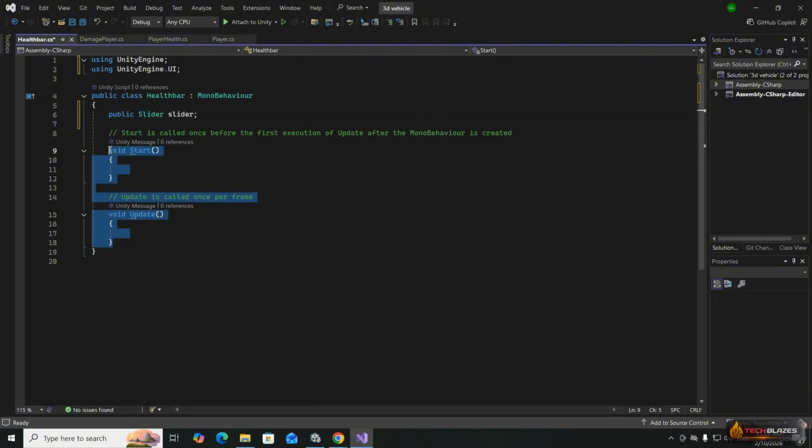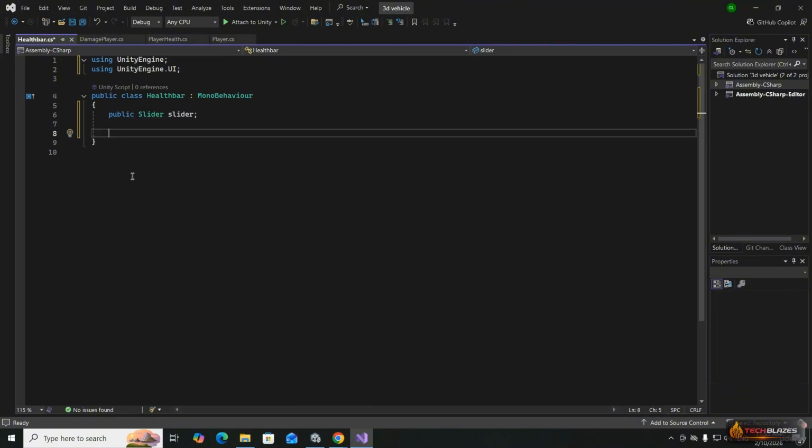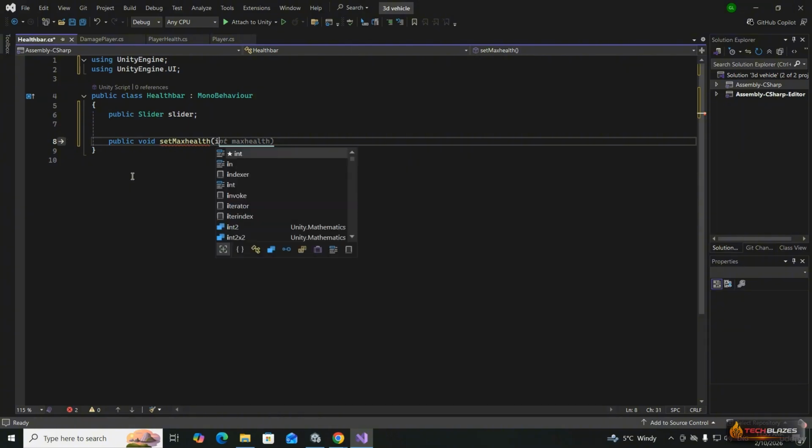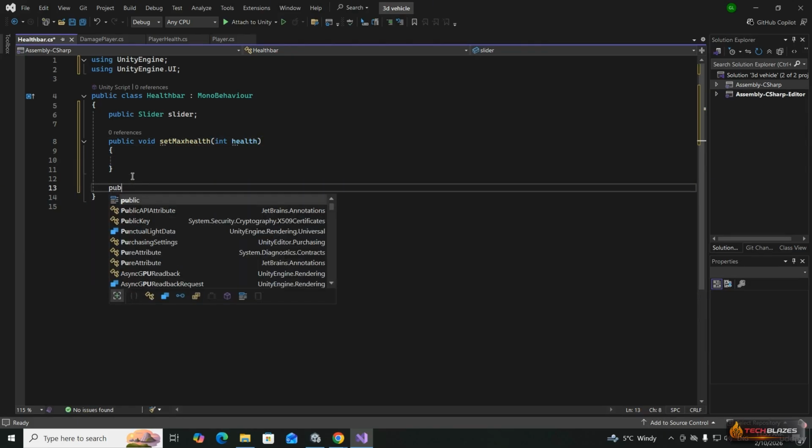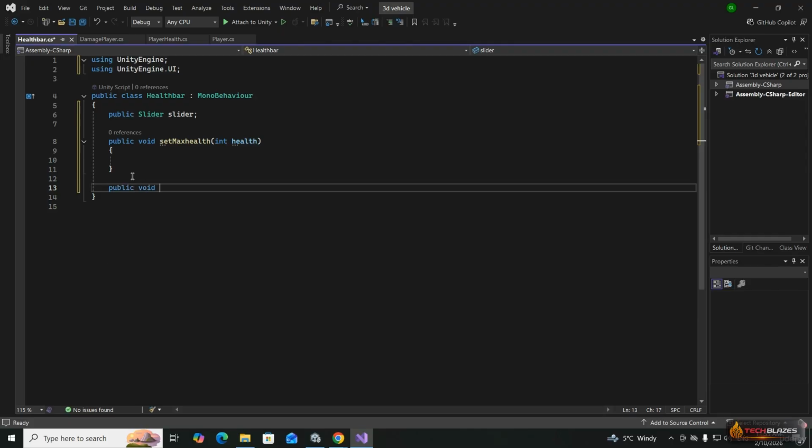Now, we don't need this void Start and void Update in this case. Instead, we will create two public functions. One will be for the max value, one will be for the value. So, public void, let's call it SetMaxHealth. And in brackets, I will create one placeholder integer with the name of health with the lowercase h. I will explain to you why we need it very shortly. Public void SetHealth,